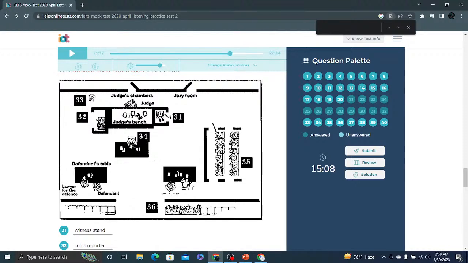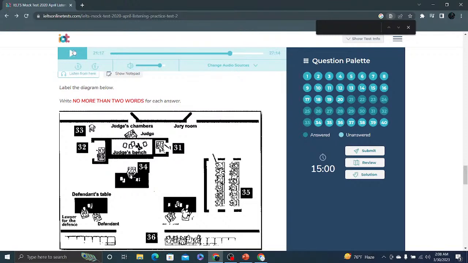So here is 34, you can see. He's saying the answers serially, so don't panic. Let's listen. Throughout the proceedings, his job is to ensure the court procedure is observed and order is maintained. Directly in front of the judge's bench, located in the central courtroom area known as the well, is a table where the court clerk sits and records court proceedings. Only the bailiff is authorized to cross the well during a court session to transfer documents between the lawyers.